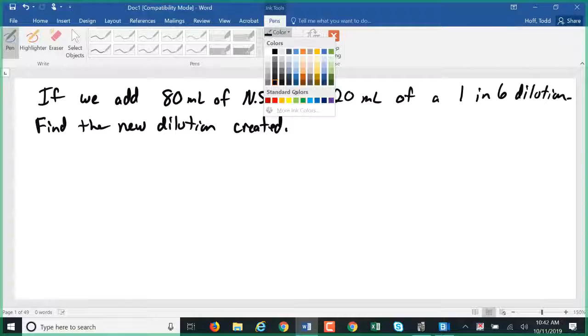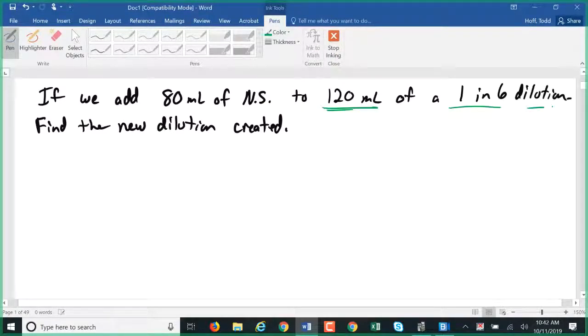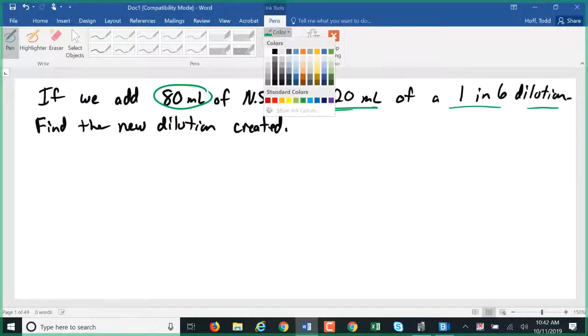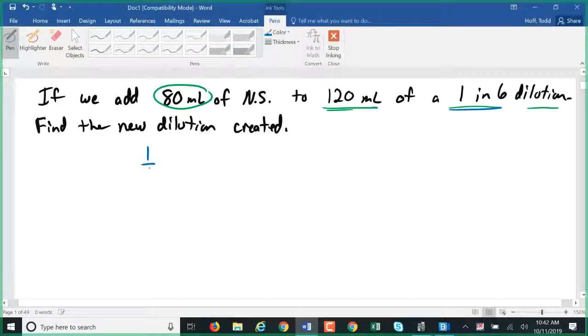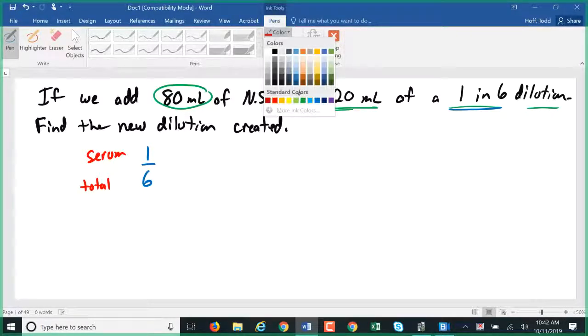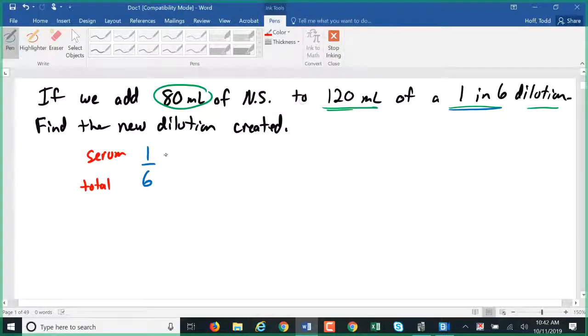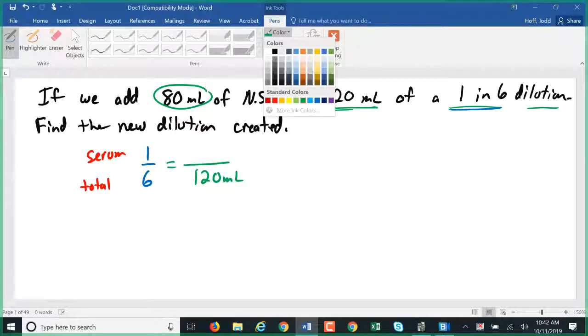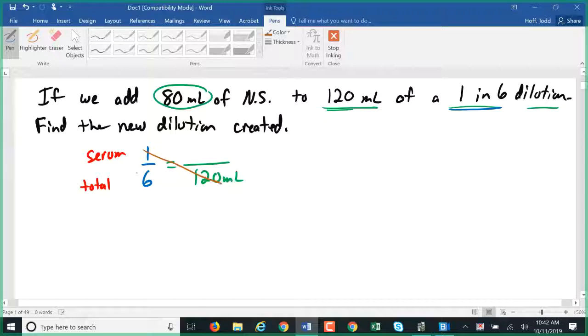So we had 120 milliliters of a 1 in 6 dilution, adding 80 milliliters of NS to it. It would be helpful here to know how much serum and how much saline were in the original dilution. So we're going to start there. 1 in 6 dilution. Remember that 1 represents the serum. 6 represents the total solution. Well, the 120 milliliters also represents the total solution. Put 120 milliliters on bottom. We will cross multiply and divide. 1 times 120 divided by 6 gives us